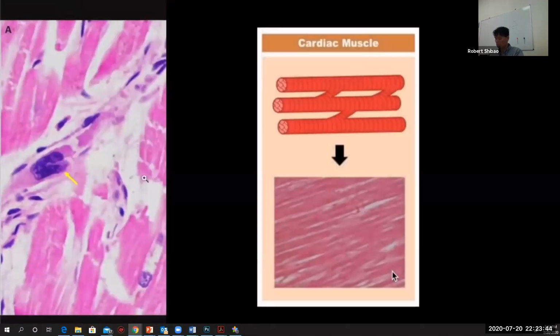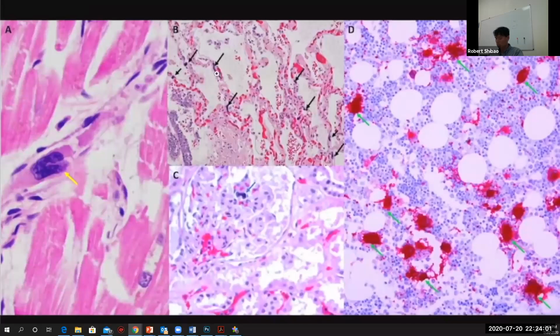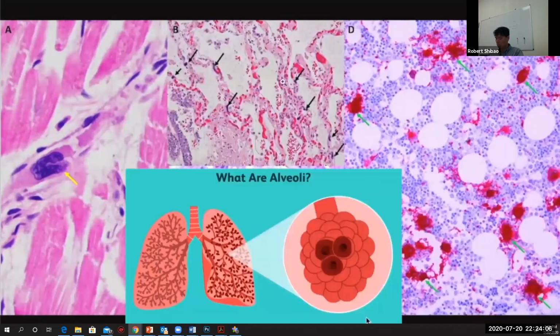Here's another look at some more cases. This is the heart. Here we have a microthrombi with fibrin and thrombin, but in the middle of it, you can see a megakaryocyte. This megakaryocyte will eventually break up into multiple platelets, but it's very interesting to see a megakaryocyte in this position, not normally seen. Here we see in slide B, this is a cross-section of lung. Again, very thickened alveolar walls, not very conducive to transmitting oxygen. And what we see in all of these capillaries, where all these black arrows are, are megakaryocytes. These are things that come from the bone marrow that normally break up into forming little platelets.